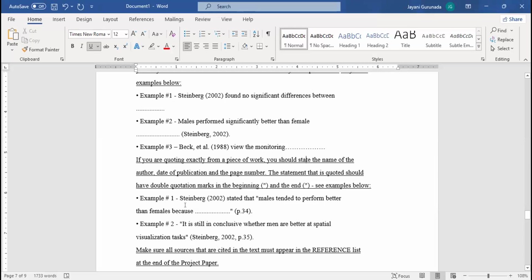Look at here. Steinberg 2002 stated that, within open the inverted commas, then write your paragraph and close from the inverted commas, then page number කීයද තිබුණේ කියලා ලියන්න. Example 2,